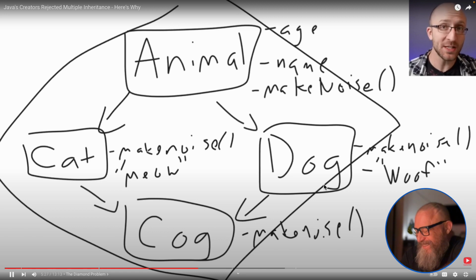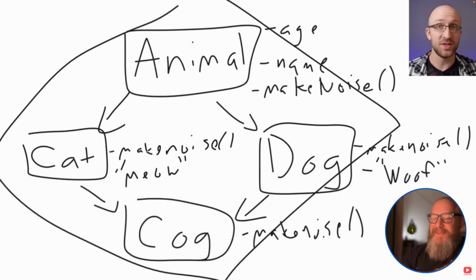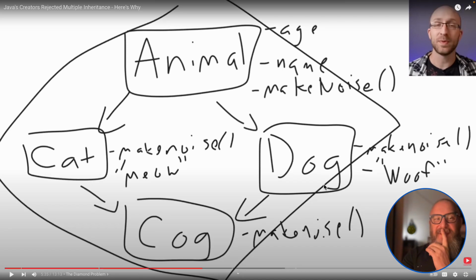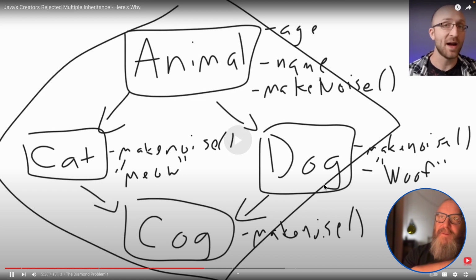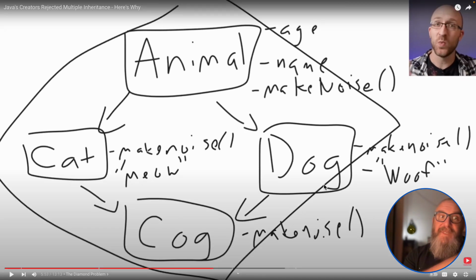So what does Java do about this? Well, basically, it just doesn't allow it. Java doesn't allow any multiple inheritance, so you will never run into the diamond problem. I did find a way to do this in Kotlin, so we'll discuss that in a minute, not that you should ever do it. Like I said in the intro, there are other programming languages like Python and C++ that do allow multiple inheritance. So what do those languages do when the diamond problem comes up? For the most part, they just kind of pick one. Seems like Python picks one, but in C++ you have to tell it which one, which is annoying. As the programmer, you just have to know which one that particular programming language chooses to accept.